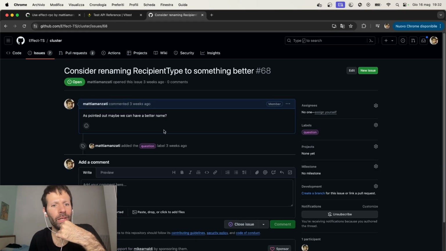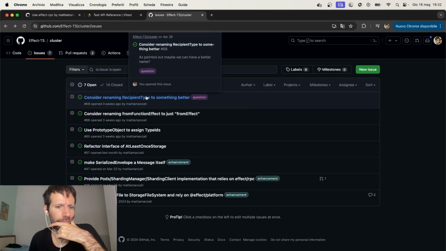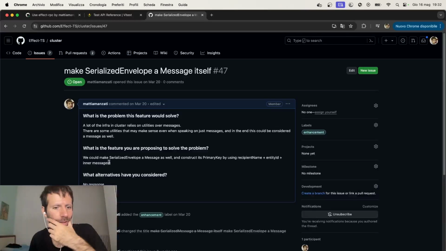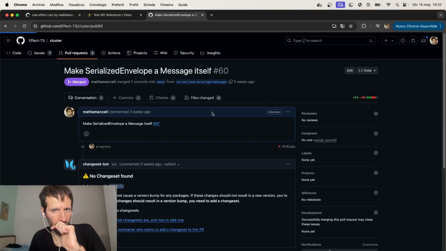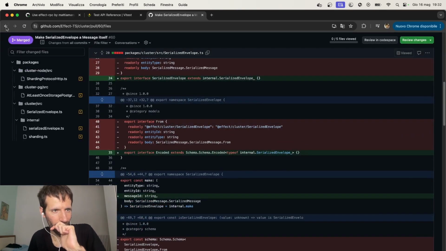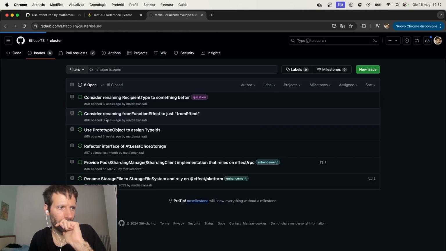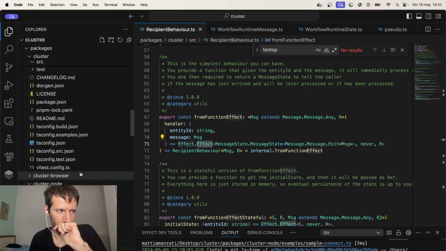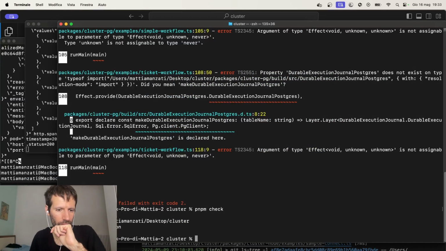Yeah. Let's see something else. We need to find a better naming for recipient type. Is version of sign refactor interface all. The one I want. This one is already closed, I think. Yeah, this one is already closed. Okay. And then what do we have left? Not a lot. Okay. So I think that